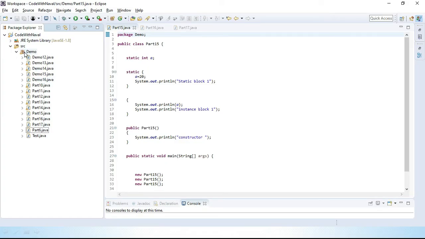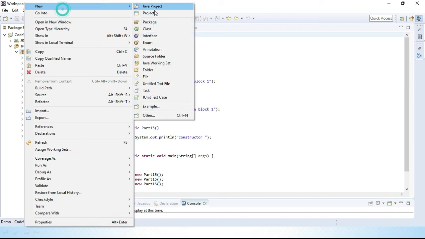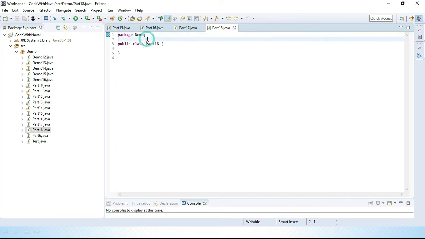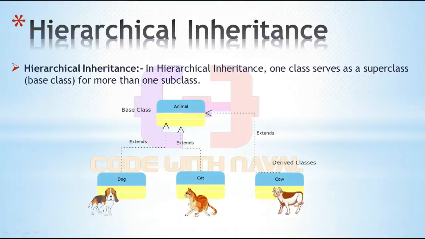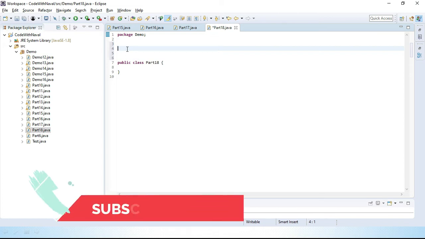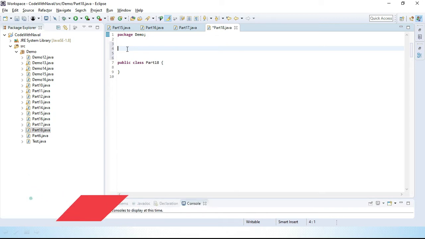Okay, you can see here I'll simply create a class Part18. Let's hit enter, and we will see a vehicle example. Simply, here we have an Animal class; there we create a Vehicle, and in it one base class. That class name is Vehicle, and we will create three derived classes. One is the Bike class, the second is the Car class, and one is the Truck class. Let's create them one by one.